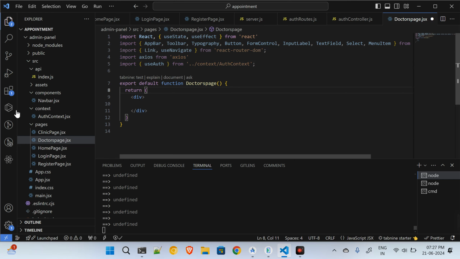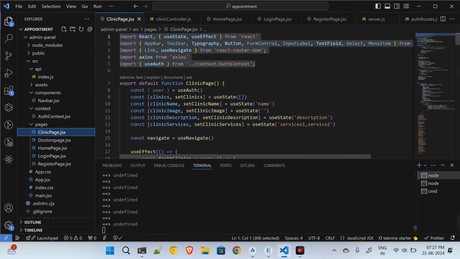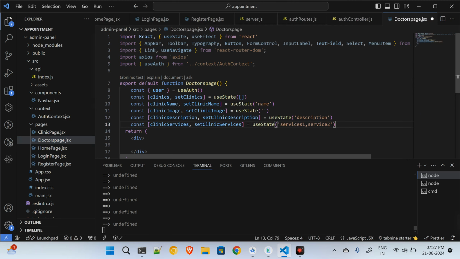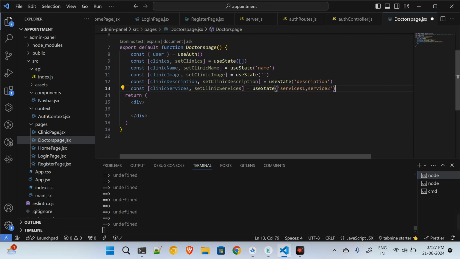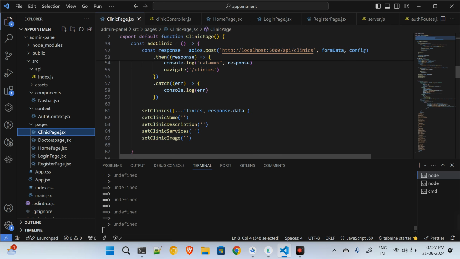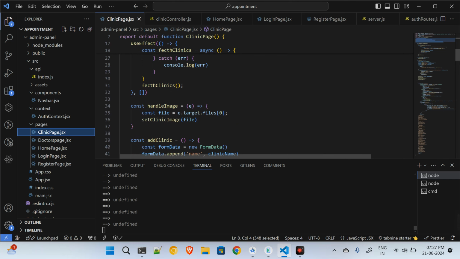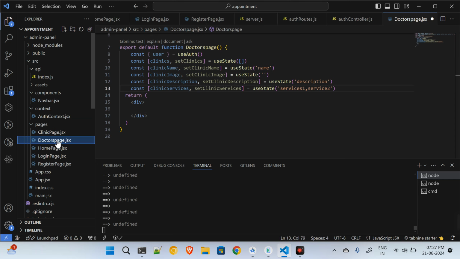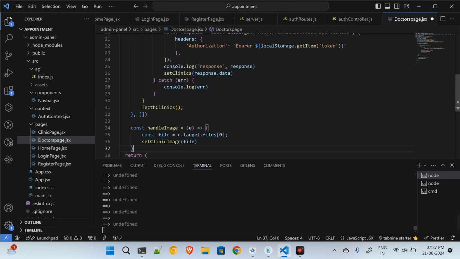And then what else is needed? I'll copy these few things as well, and I will just modify as per my requirement. So user will be needed, and then let me see what is needed and what is not needed from all these things. I think even this logic will be needed, of the use effect, navigations as well. So I'll come over here, copy paste,